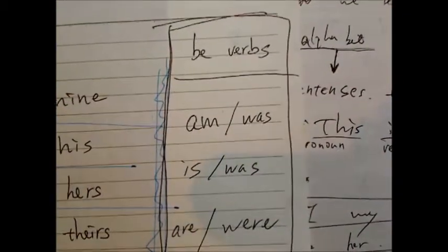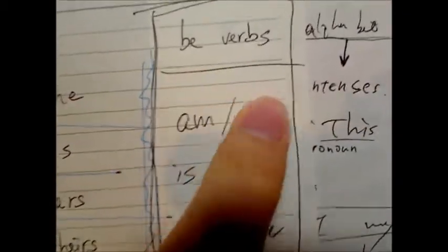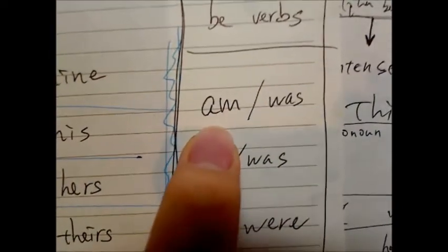And also here are be verbs. For I, you have am and was. And for he and she, or also it and other things. But generally, let's pick up those two for now. For he and she, you say is and was, and for they, are and were. So we first remember those things, and also we